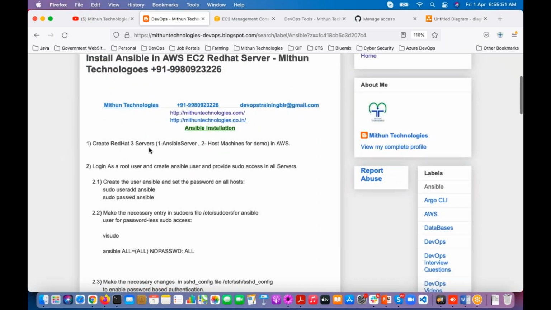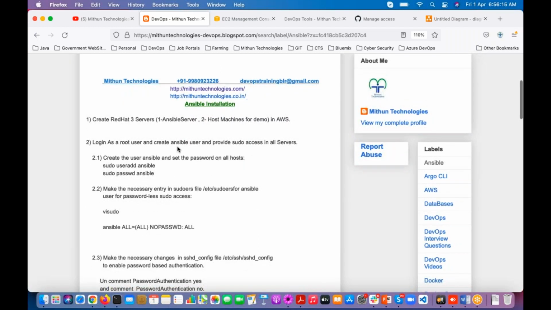Create 3 Red Hat servers: one is the Ansible server and 2 host machines. This is just for demo. In real time, the host machines may be n number. Whatever configurations we do on one host machine, we follow the same for the other host machines also. Login as root user and create Ansible user and provide sudo access in all the servers.